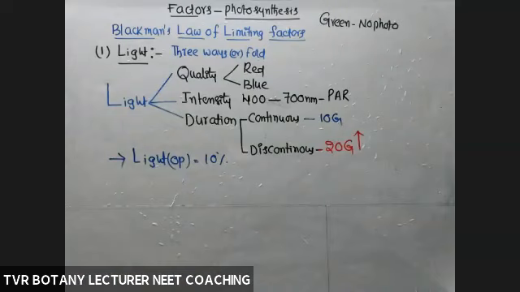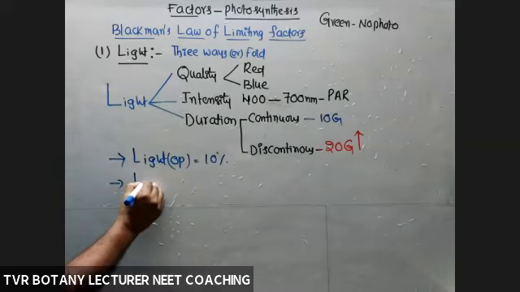Just 10% is enough for optimum photosynthetic yield. So in nature, light is generally not a limiting factor, except